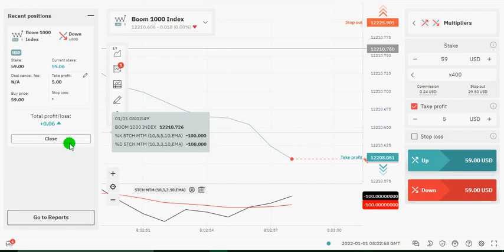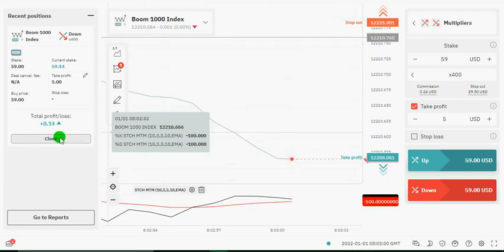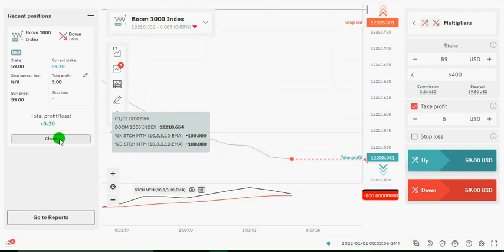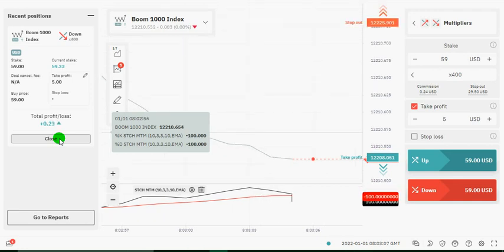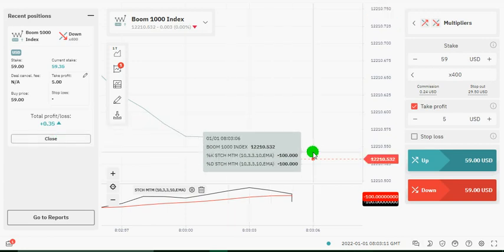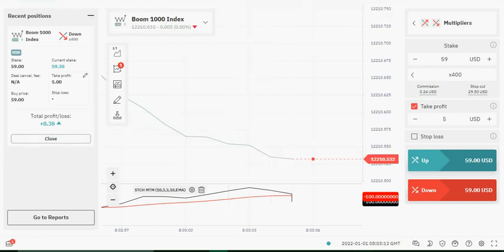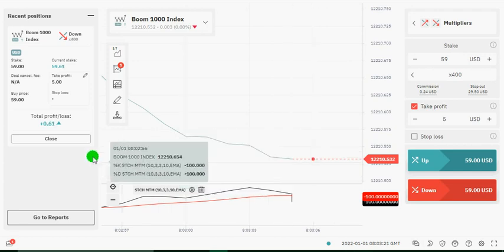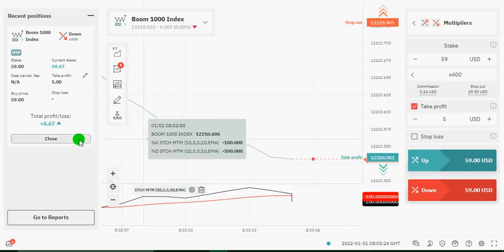Okay, let's wait again for us to rake in more bucks right there. You can see it has stopped moving again. So to place another trade, you have to refresh the browser so you can see the movement, because I think this is a bug with the DTrader Deriv interface, so it shouldn't stop moving. So we are in profit, so what matters is for you to keep your eye on this. Once you are okay with the profits, you just close it.